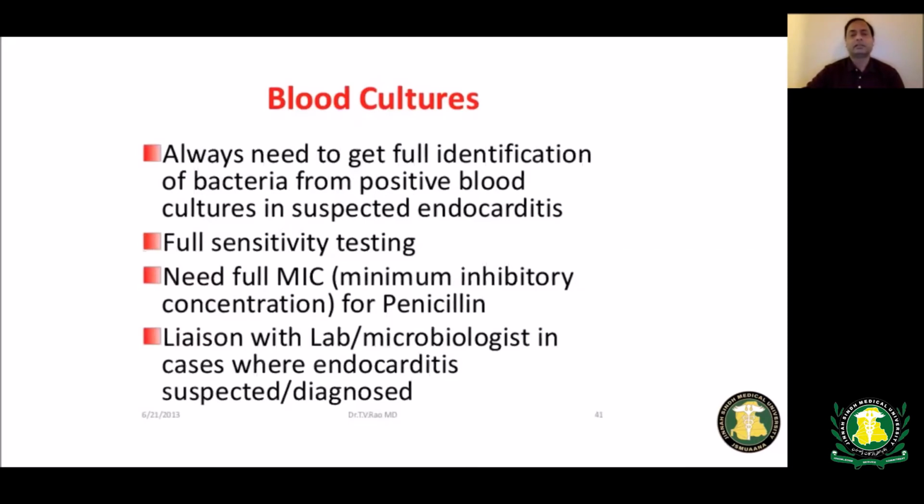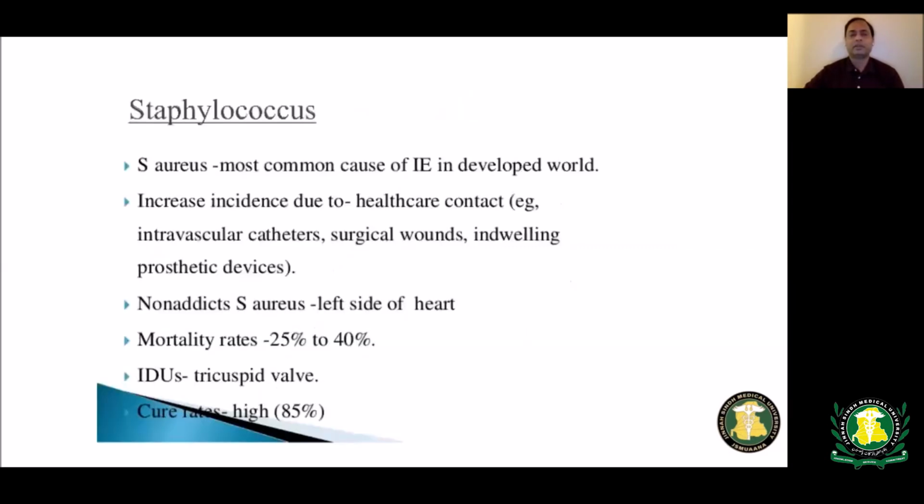It can tell us what antibiotics the bacteria are sensitive to. It can also tell us what antibiotic would be most effective. It also tells us the response to the antibiotics. If the initial blood cultures were positive, and then after the use of antibiotics they become negative, that means they are